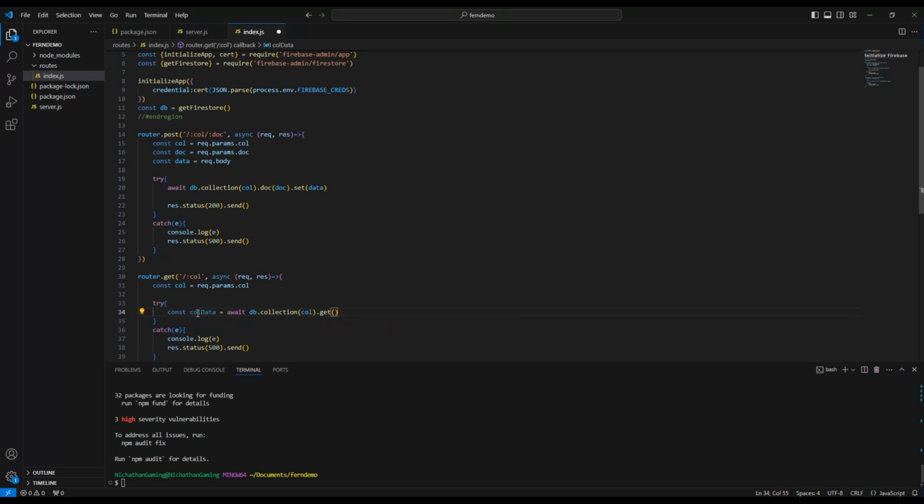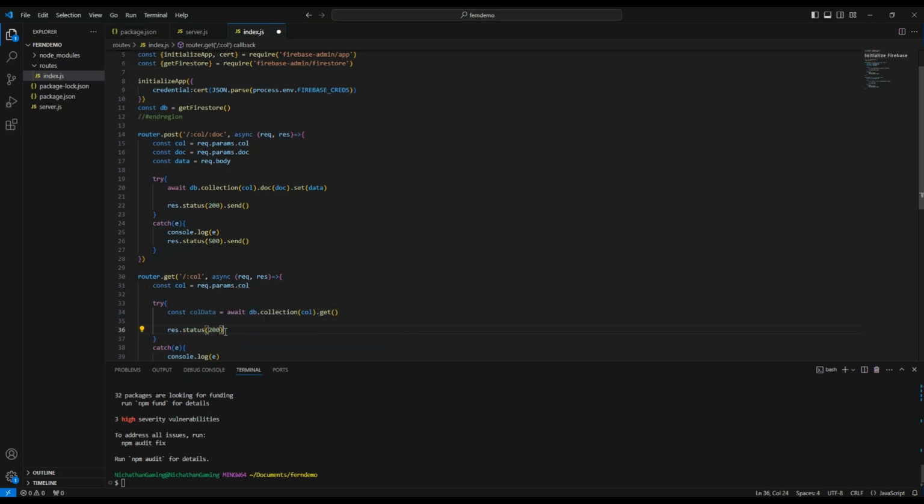This will get your entire collection, which can be quite big. When you're getting an entire collection, it's great to use a filter. You can Google that fairly easily. Firebase has an okay document for that. And now that we've got this collection data, I'm going to say